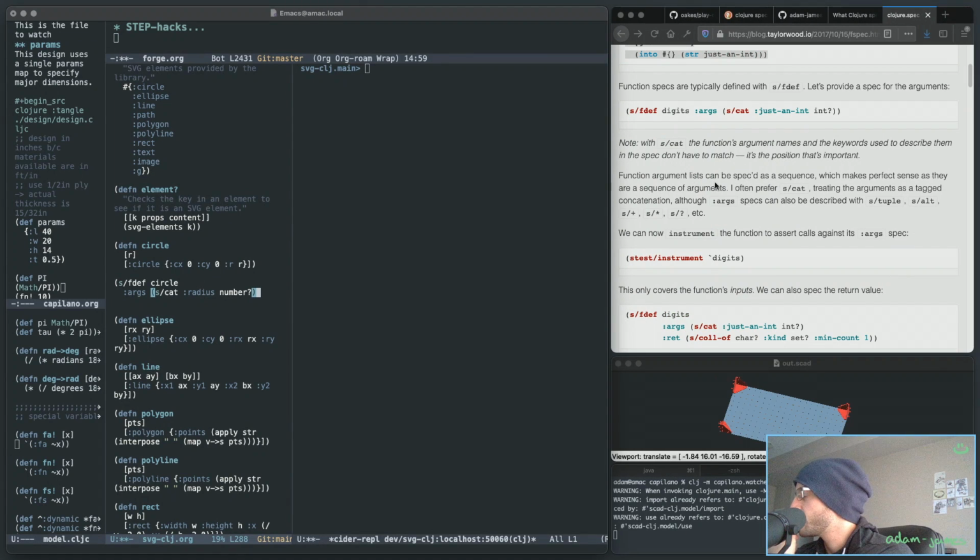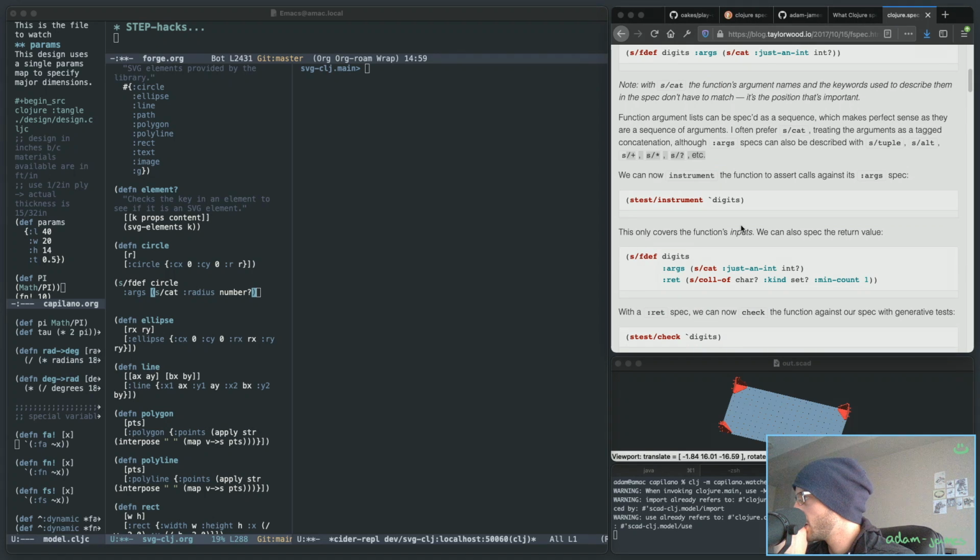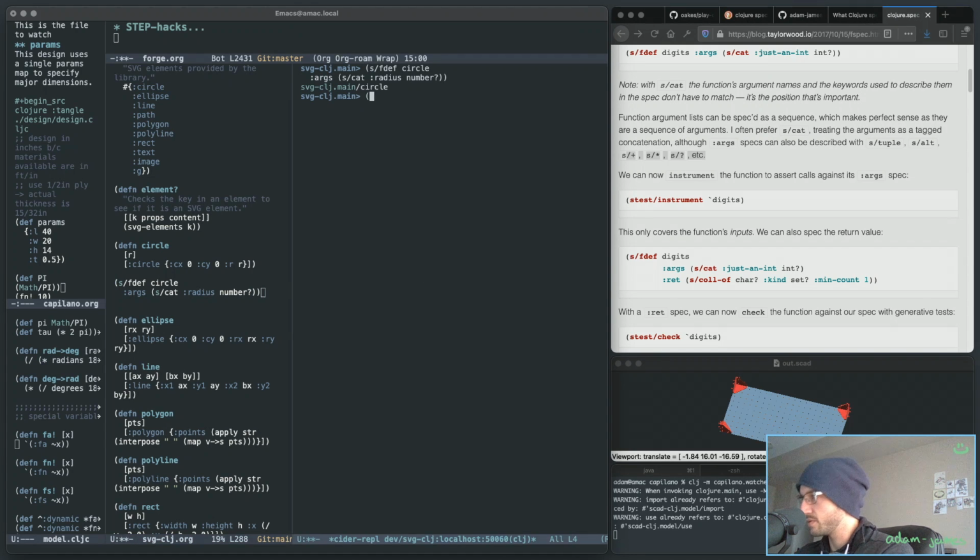Function argument lists can be spec'd as a sequence. Okay, so s/cat is more convention than strictly necessary. You can do it as a tuple. I don't know what alt is. Okay, anyway, that's fine. All right, so leaving that as just enough, let's do